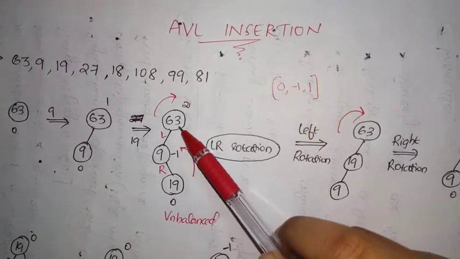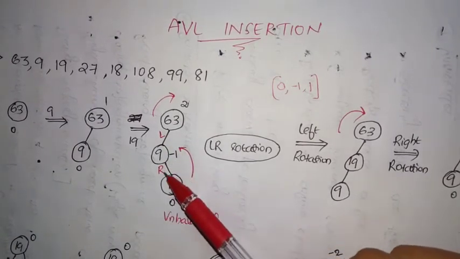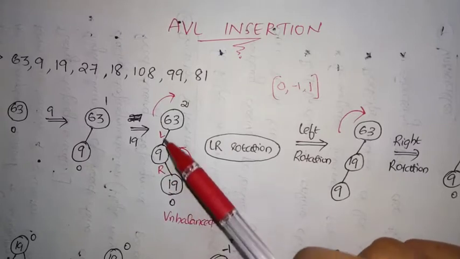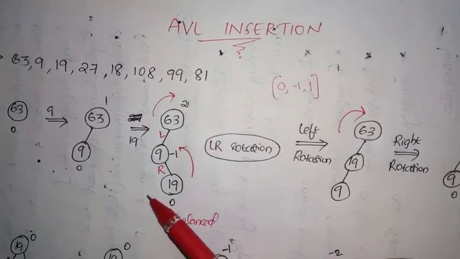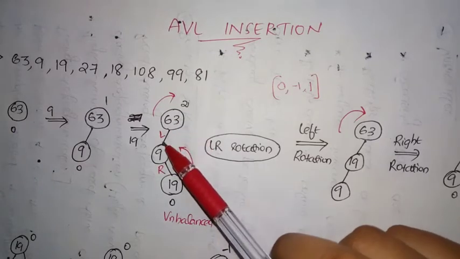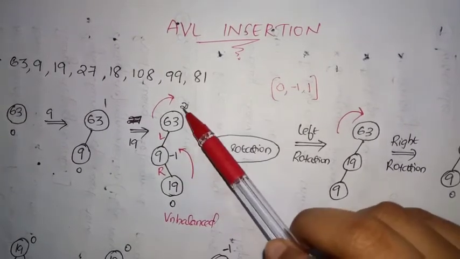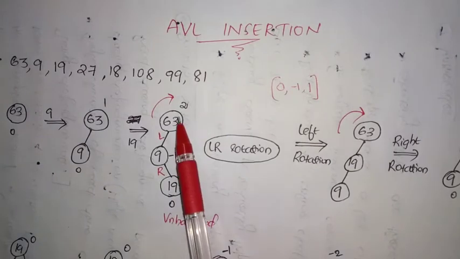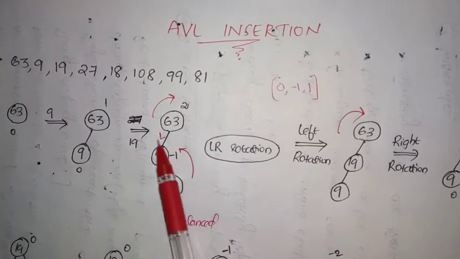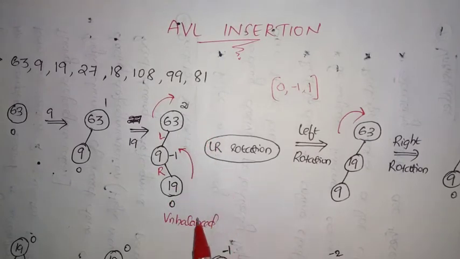Then the balancing factor of this node is height of left subtree minus height of right subtree. For our easy case, we can just count the number of edges from the specific node to the leaf. So here the height of the left subtree is 2, the height of the right subtree is 0. So 2 minus 0 is 2. Now since the value here becomes 2, this particular node becomes an unbalanced node. So the entire tree becomes unbalanced. So in this case we have to perform an AVL rotation.